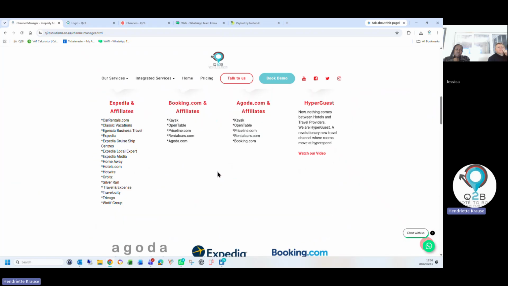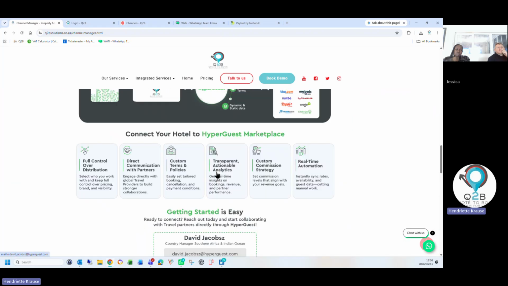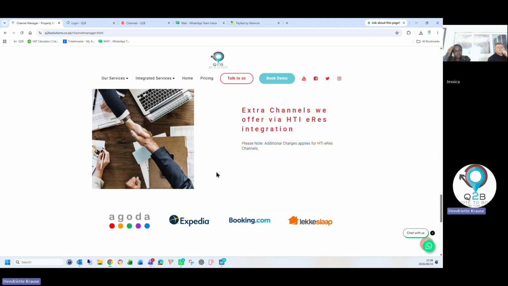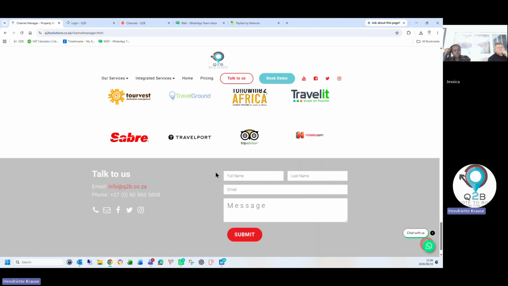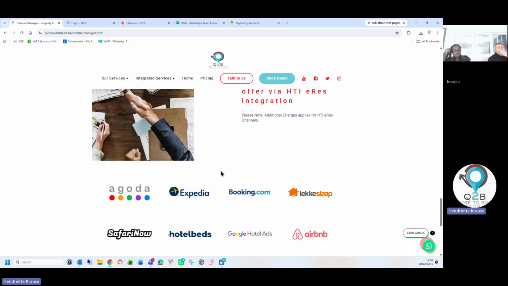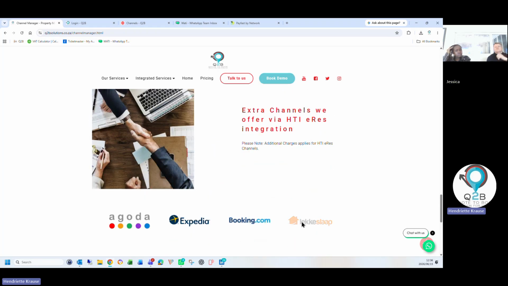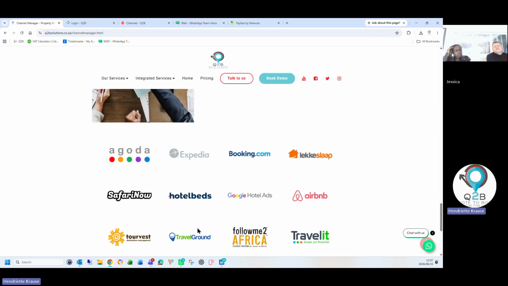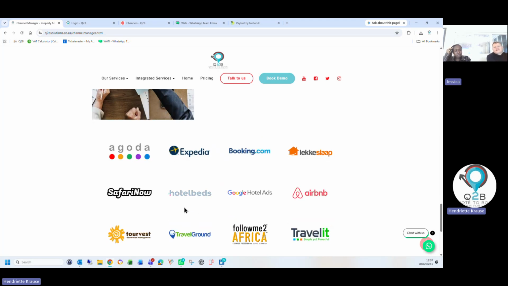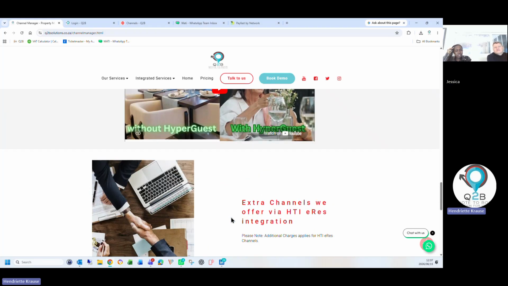Clients get more partnerships and OTAs via HDI. So they get Safari, there's a full list where you can get all the other ones. I don't think you will deal with Lackerslaw, but there's quite a few. We already work with them, and there are a few that HDI offers as well. So that's how we bypassed Knightsbridge, just to get more OTAs, using the HDI channel manager via Q2B.